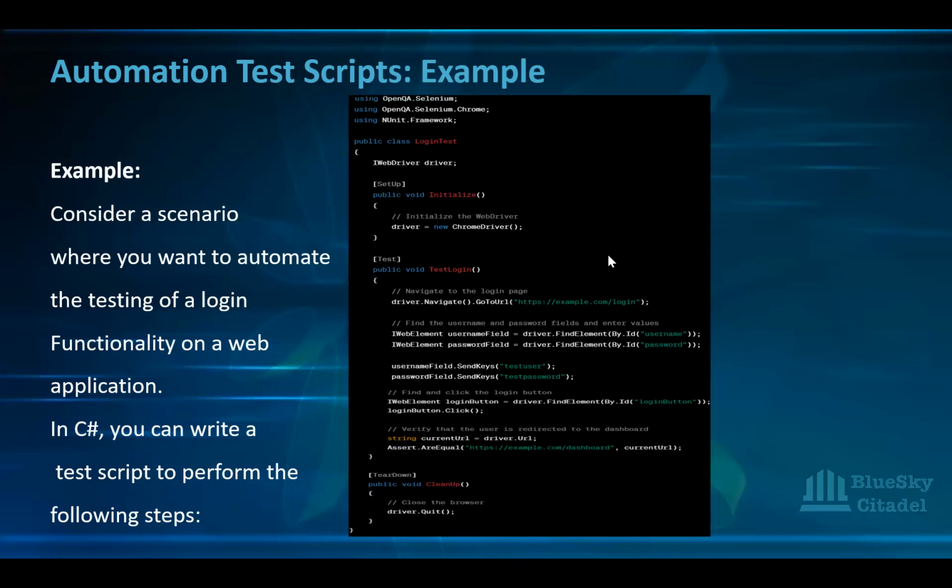But this particular instruction here has skipped that. It's just saying go straight to the login page. Okay, so we've initialized the browser and we've asked it to navigate to the login page